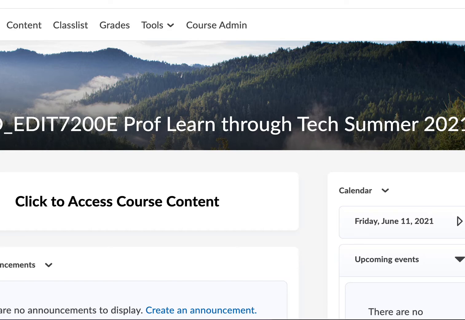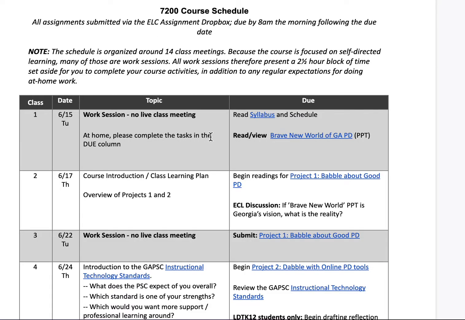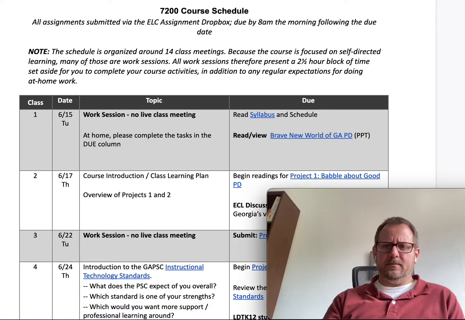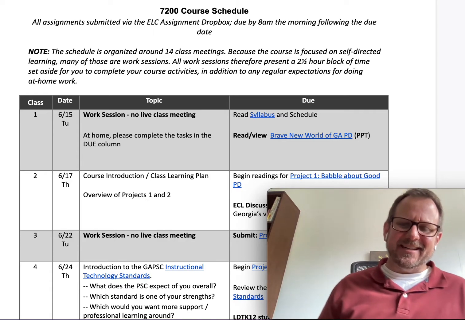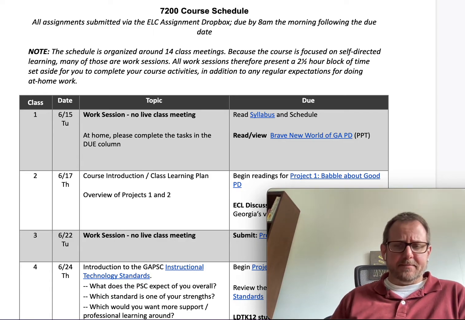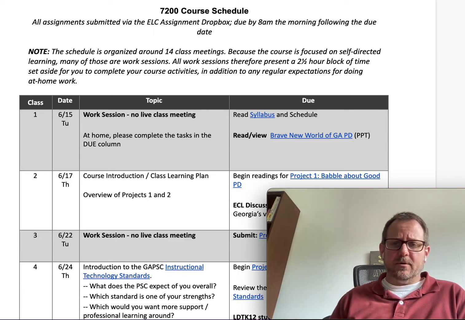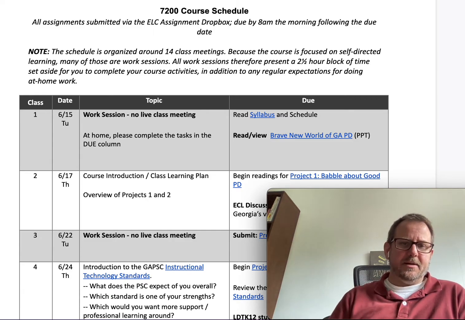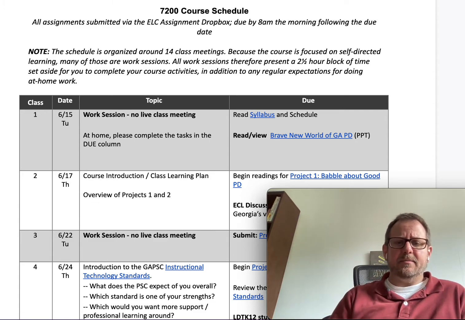What I'm essentially going to use it for is to hold the course schedule and the syllabus. That's the first thing it'll do. And it'll be for grading. That's where you'll submit assignments and I will score them and you'll see your grades in the grade book. And that's really a lot of what we're going to do. There will be some discussions. You'll see that coming up. But you can see we've got a pretty rapid schedule.